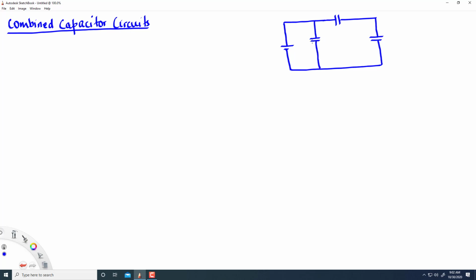Okay, so we have C1, C2 and C3, and the battery has EMF of 1.5 volts. So in this problem we want to find C equivalent of all these 3 capacitors, okay, and we want to find charge in each of the capacitors, Q1,